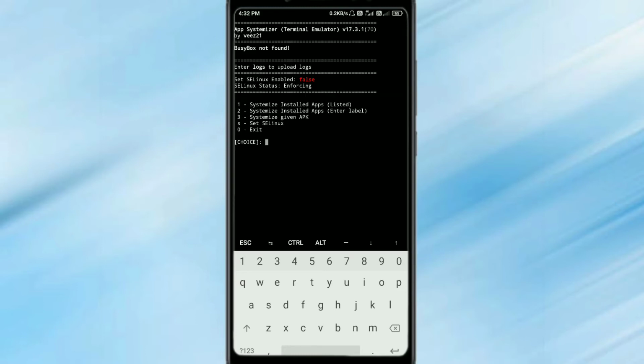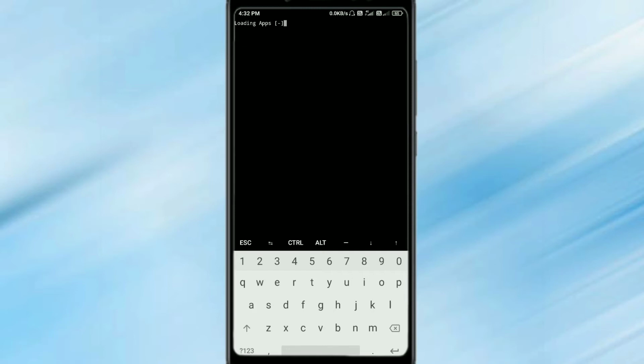So guys, then select systemize install apps. So simply tap 1 and then enter. So it will take some time to load the apps.